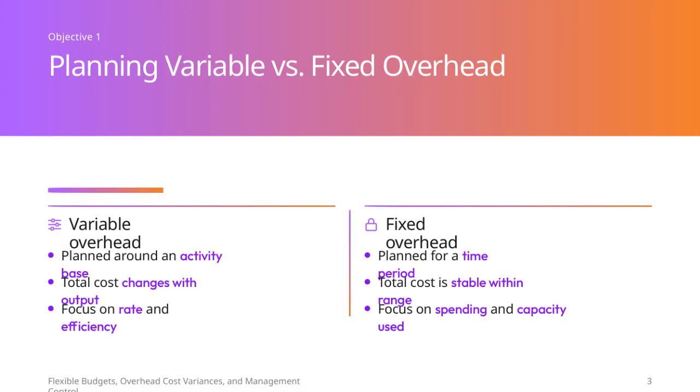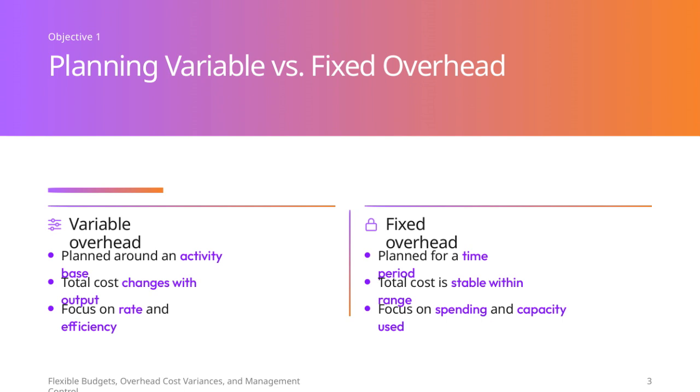Let's take a closer look at the distinction between variable and fixed overheads. Variable overhead costs are planned based on an activity base, which means the total cost fluctuates as output changes. The key areas we focus on here are the rate at which these costs occur and how efficiently resources are used. On the other hand, fixed overhead costs are planned for a specific time period, regardless of the level of production. These costs remain stable within a certain range, so the focus is more on how much is spent and the capacity that's being utilized. Understanding these differences is crucial when working with flexible budgets and analyzing overhead cost variances, as it helps management maintain